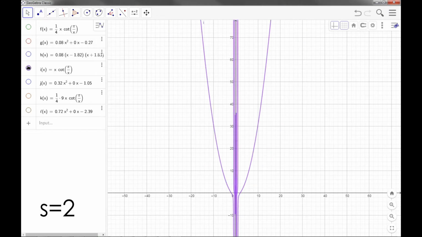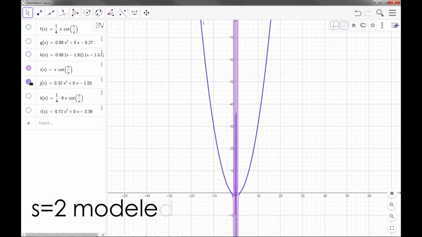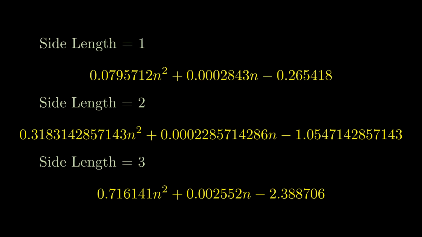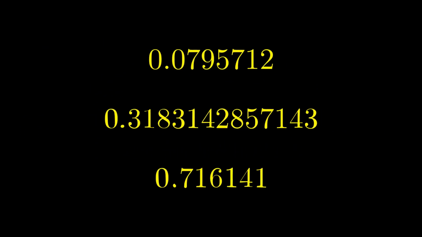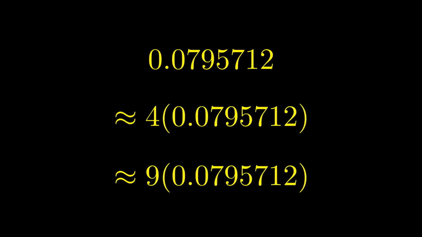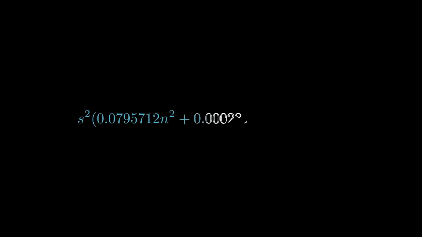By the way, this is how they look when we compare their graphs to the original. If we compare the three leading coefficients though, we can see that the second is about 4 times the first, and the third is 9 times the first. Now I was able to obtain a more general expression: s squared multiplied by this quantity of 0.0795712 n squared plus 0.0002843 n minus